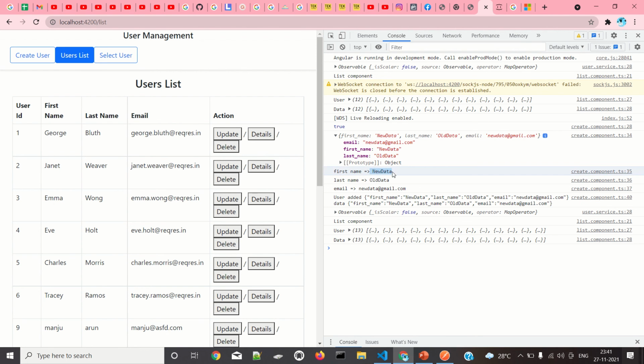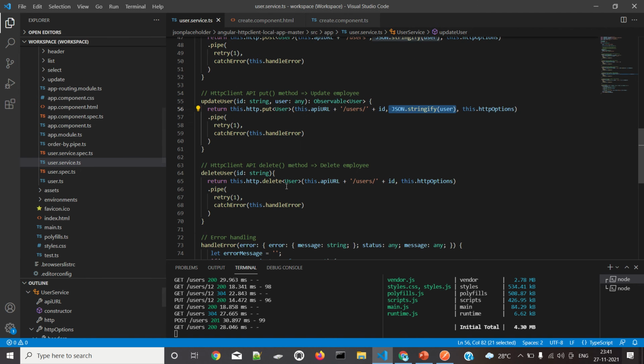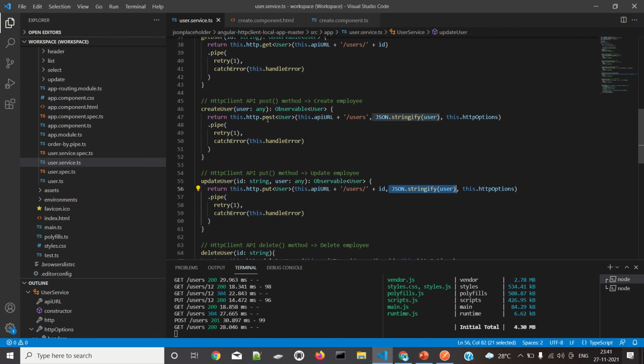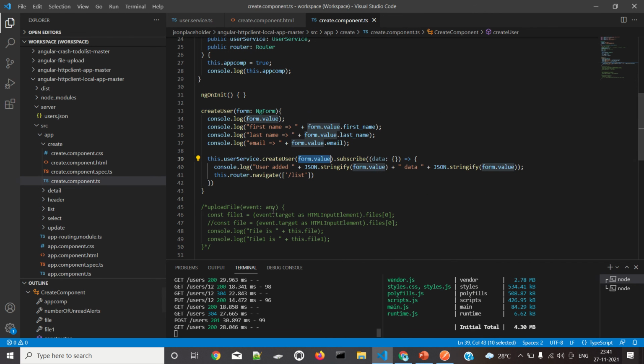Again I put this separately, and then once the user is added, because I only subscribe, I will give data, so there is nothing to do after that. This form value will go to this service method, and it has a post method. Through this post method it can post the data as a JSON string. After that I need some confirmation, so I use console.log user added.